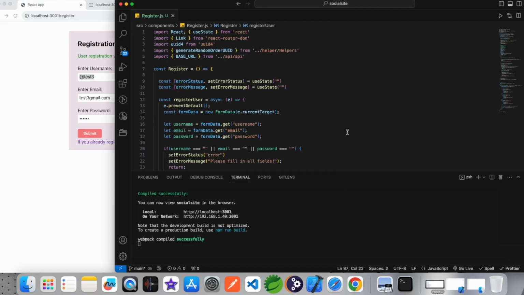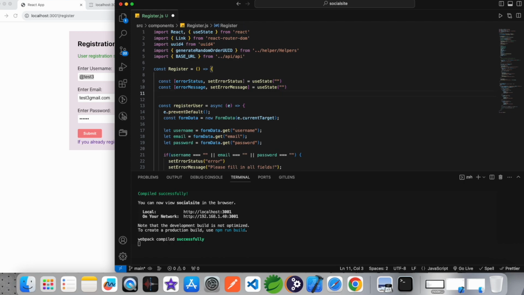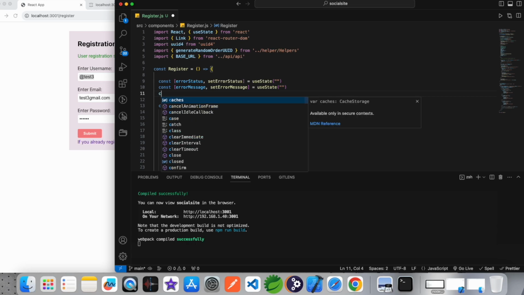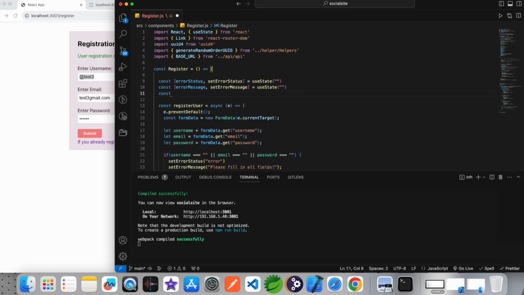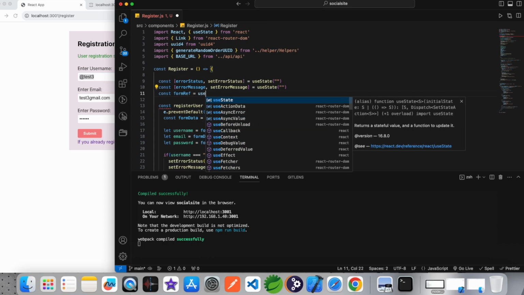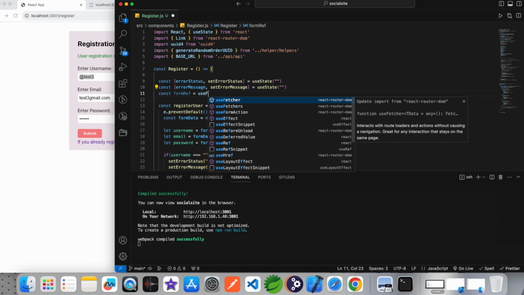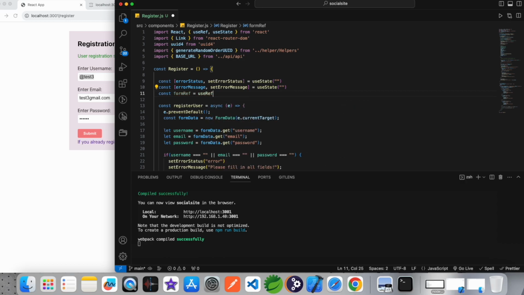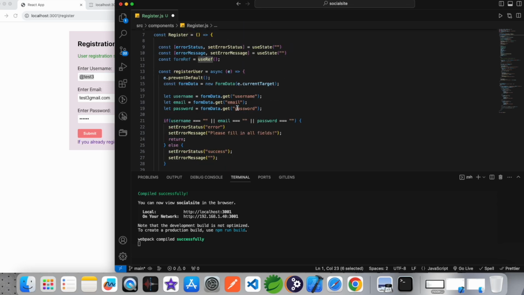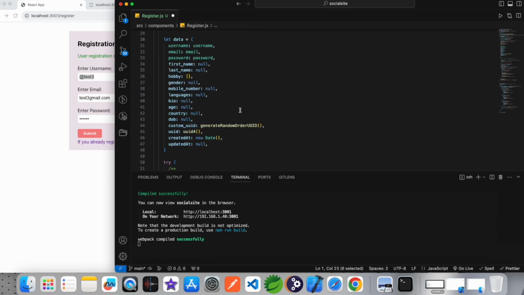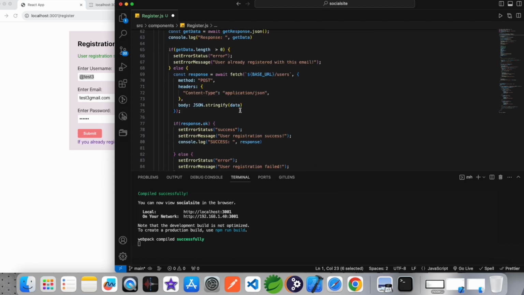For that I use another React.js hook, and this hook is called useRef. useRef is mainly used for focusing on something, like if you want to focus on an input field. Here I want to focus on the form, so I make a variable for the useRef hook, and after defining and importing useRef,